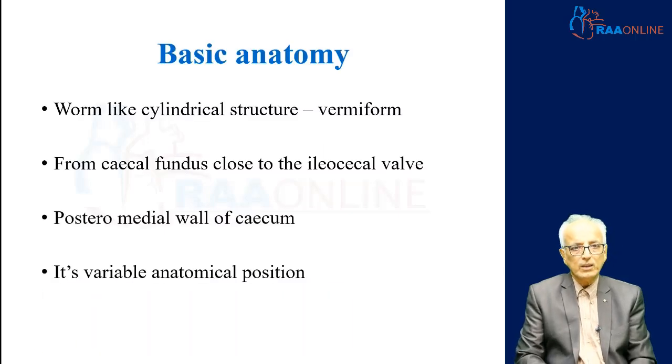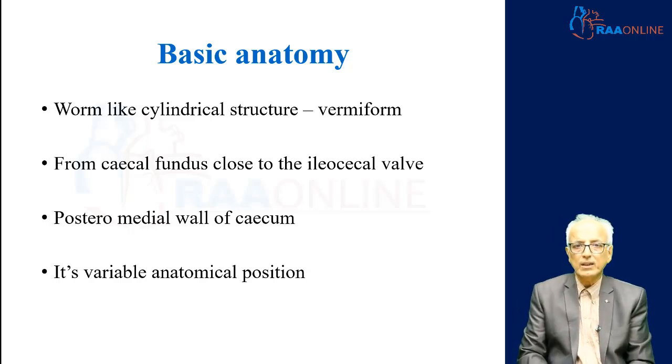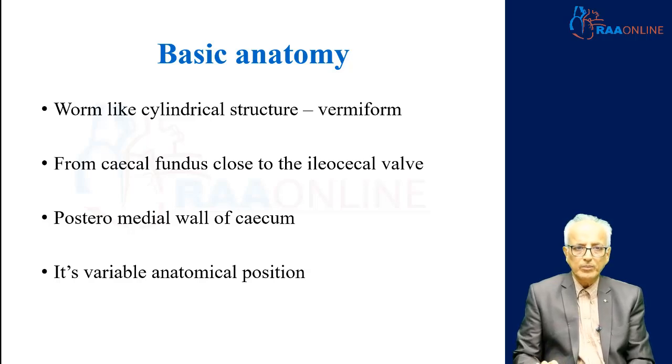Before we get into acute appendicitis, let's learn or relearn our basic anatomy of the appendix. The appendix is a worm-like cylindrical structure, and that's why it's called the vermiform appendix. From the cecal fundus, it is very close to the ileocecal valve. It is on the posterior medial wall of the cecum, and the most important thing is that it is very variable in